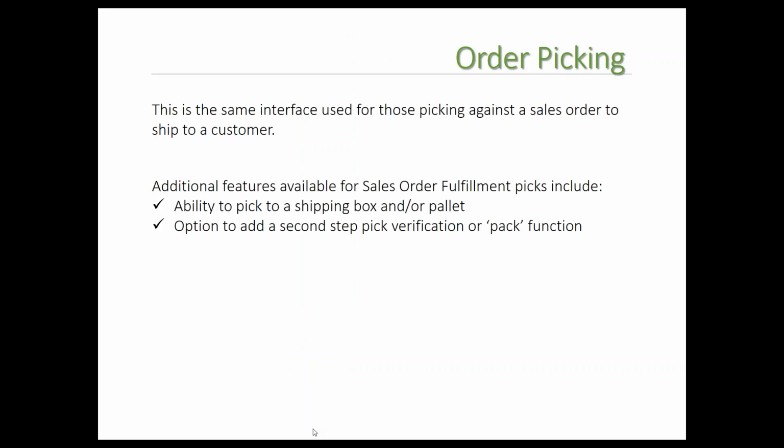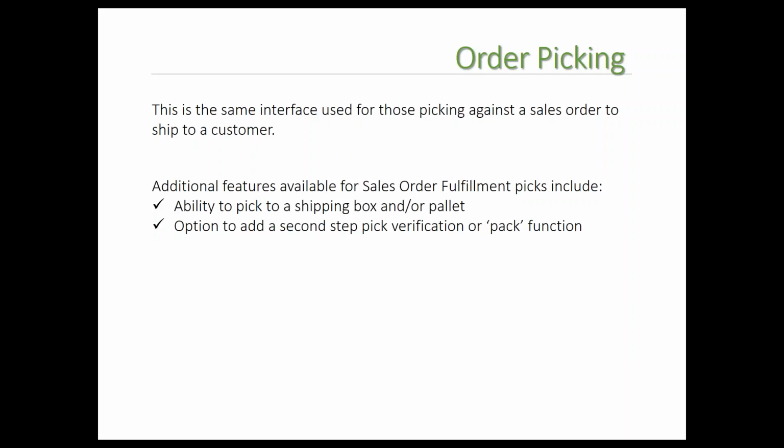So as I mentioned, the same infrastructure for picking sales orders. Some of the additional features for sales orders is we can pick into a shipping box or onto a pallet and identify that. So if you are preparing this, we can actually do that on the picking for the internal as well. And we also have an option to add a second step that's either a verification or a